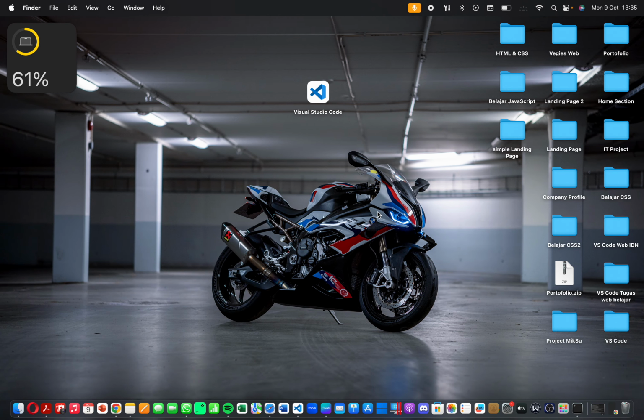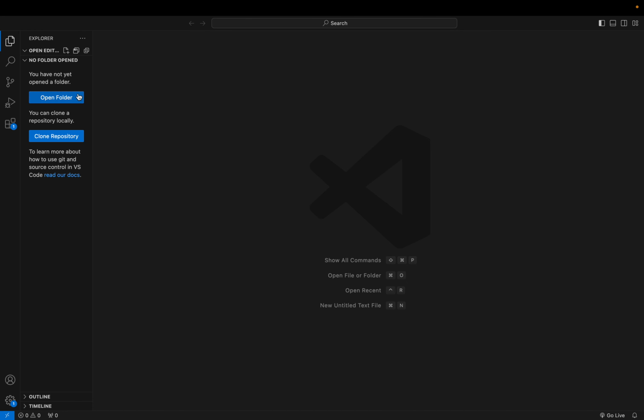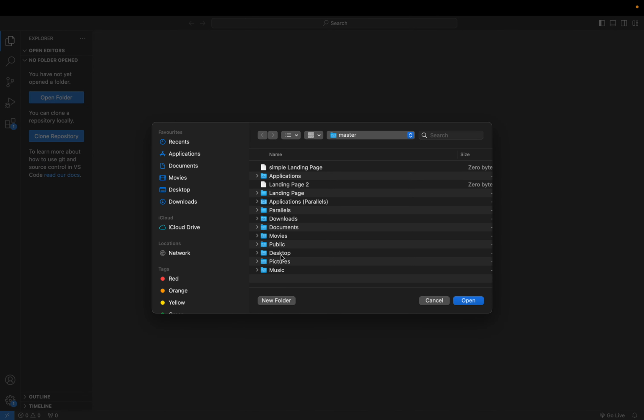So, let's make it. The first thing you need is, of course, Visual Studio Code or any other code editor to make your coding, to make your website. So let's open Visual Studio Code right here. And then, of course, you need to click this button, open folder. You can make a new folder, of course, but right here I already made the folder,